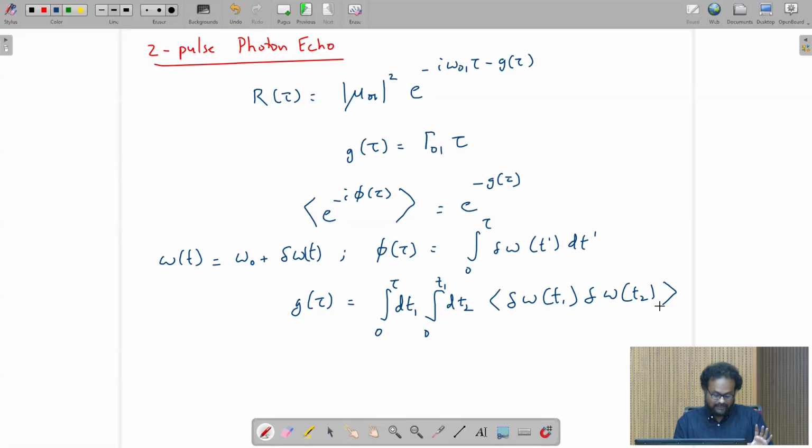Again, for slow fluctuations, there is a methodology called the cumulant expansion, which again is something that hopefully we'll speak about, putting a lot of hope in you. But you can show that this correlation function can be evaluated as half delta square tau square. So delta is your